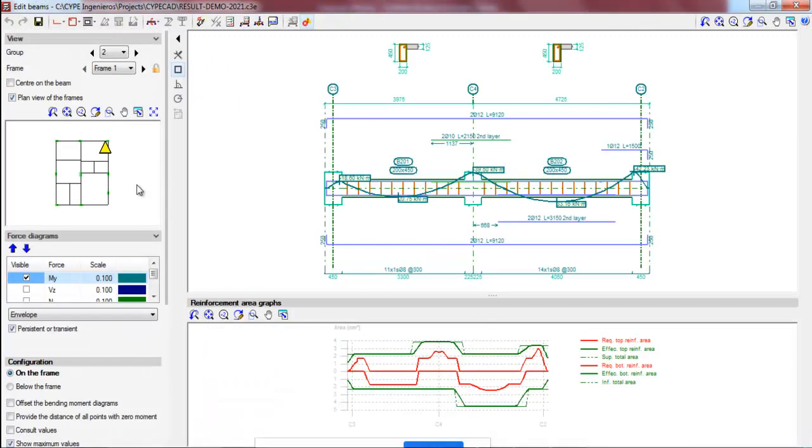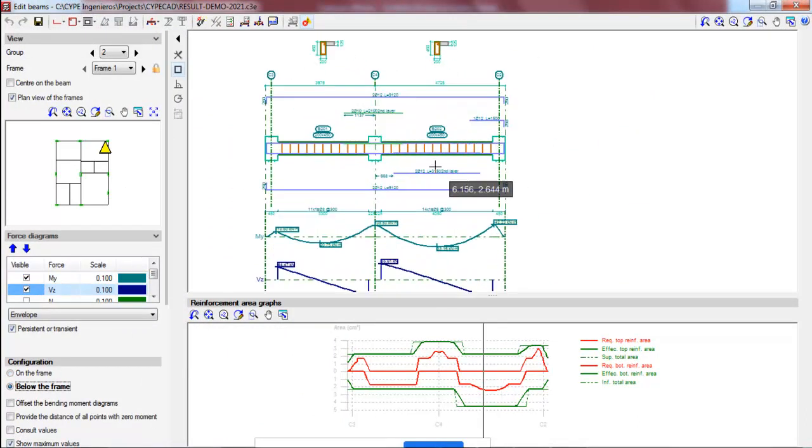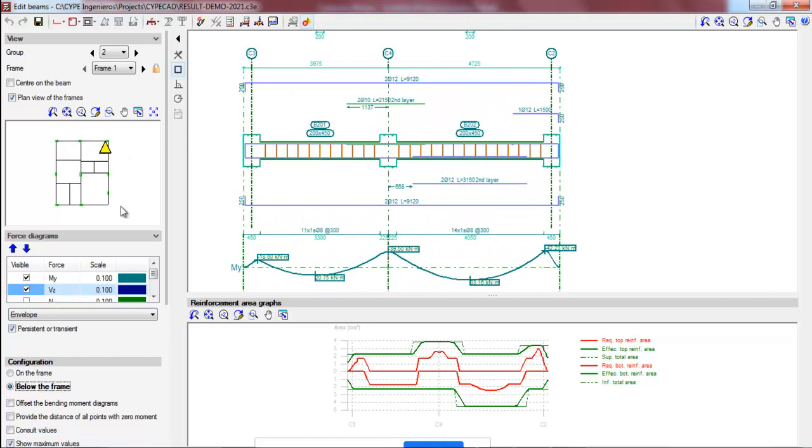Now here you can see the software is giving us the information. This is actually the floor. Okay, this is showing a second level, and then this is the first frame.